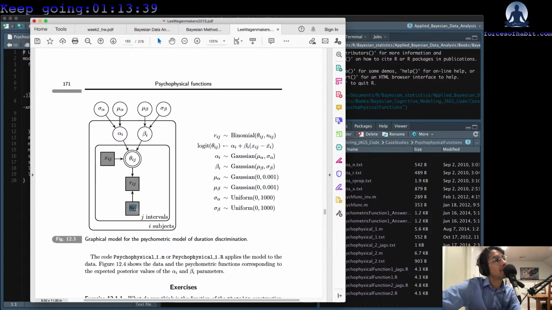So for each set of intervals, we're going to have a value here, which, if I'm not mistaken, ends up being like 240, right? So J is equal to 240 or something. We'll look at it. And then we have subjects. Each subject for each of the intervals is going to have some count here. This count could be the same value for all subjects. In this experiment, it is. And then we have this value, which is how many times a subject says this particular interval is longer. And then we have X, which represents each time a subject